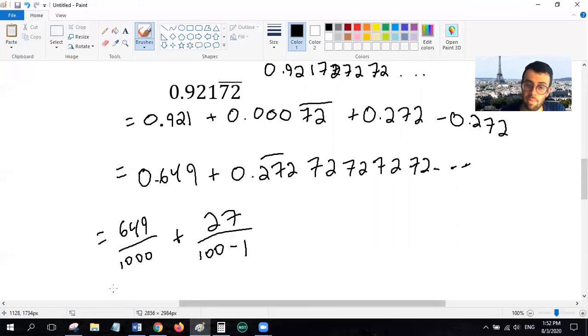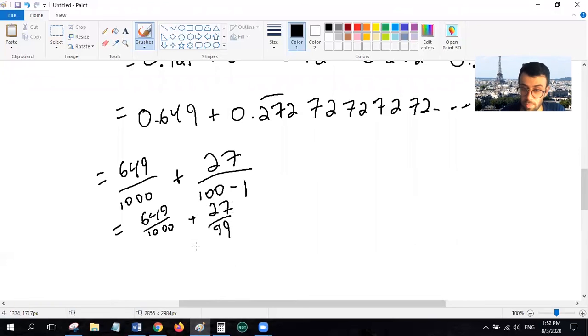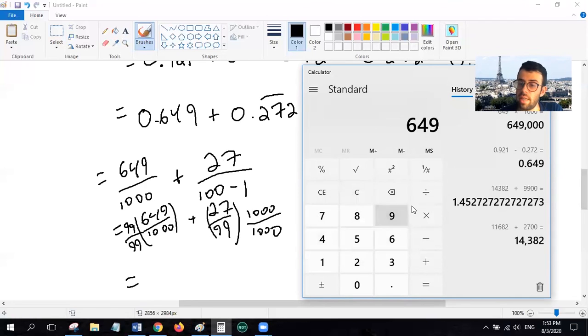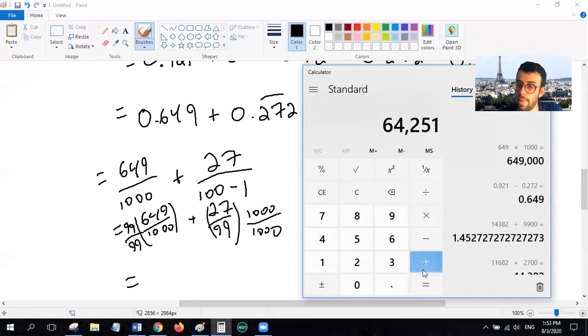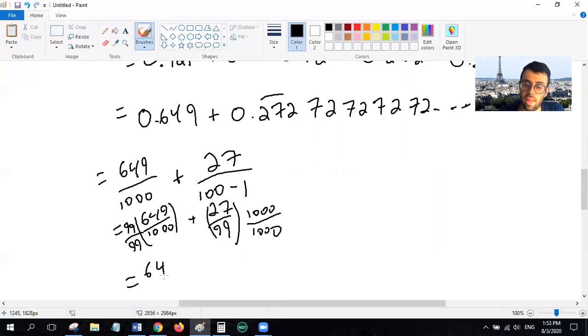So now I'm left with 649 over 1,000 plus 27 over 99. This is a difficult fraction to do. Some calculators will do it for you automatically. Mine, unfortunately, is the bad computer calculator. So what I'm going to do is do the hard thing and multiply by 1,000 over 1,000 on the right, multiply by 99 over 99 on the left. So 649 times 99 is 64,251 over